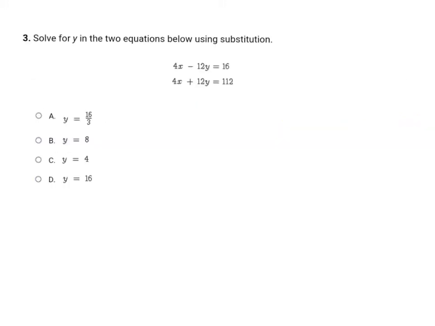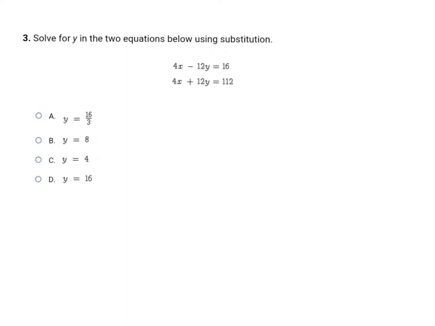Okay, this problem here asks us to solve using substitution. Just a heads up, on the EOI, the directions could ask you to solve using substitution, but you don't have to. If you felt comfortable solving these both for y and putting them in a graphing calculator and using that way to solve, you could do that. I personally think this is set up nicer to use elimination, so I would use elimination to solve for this, not substitution. But I want to show you an example on how to solve substitution, so we're going to use